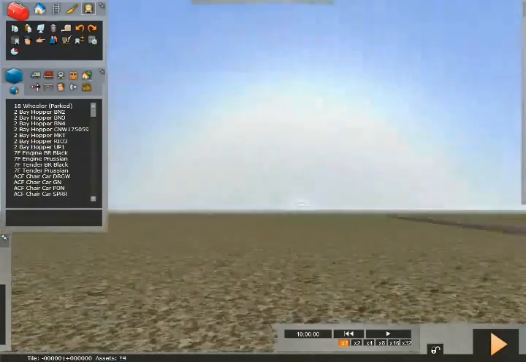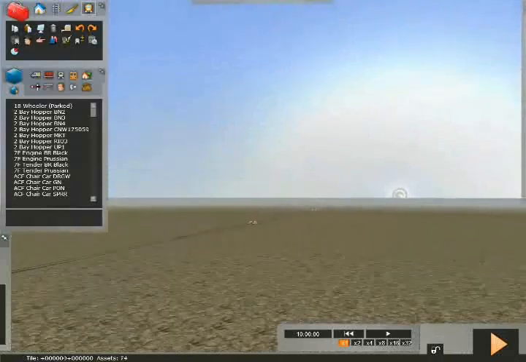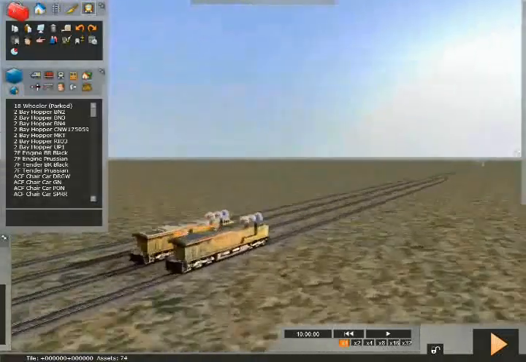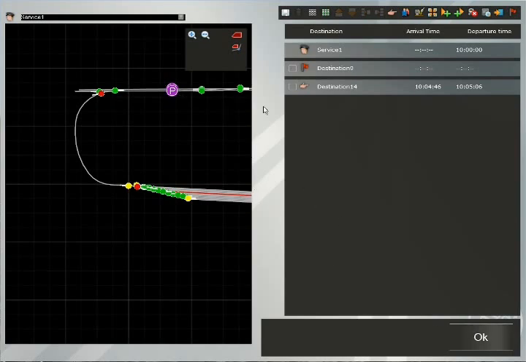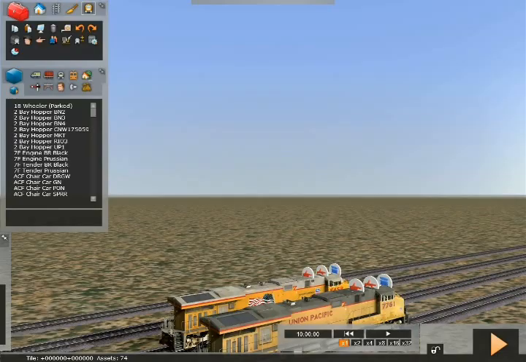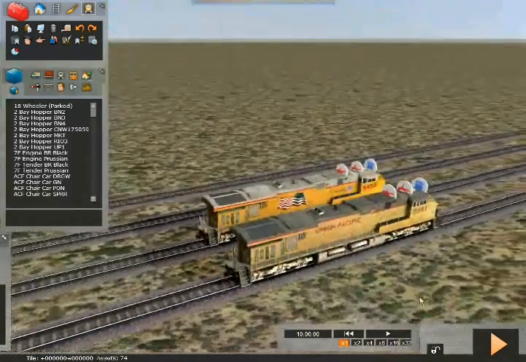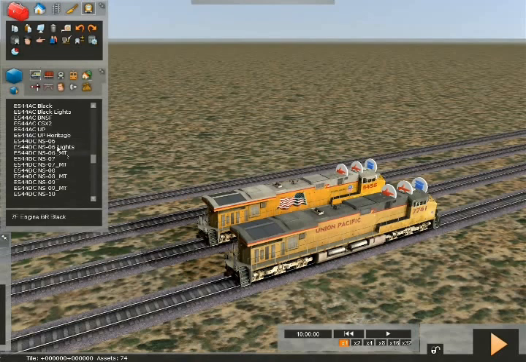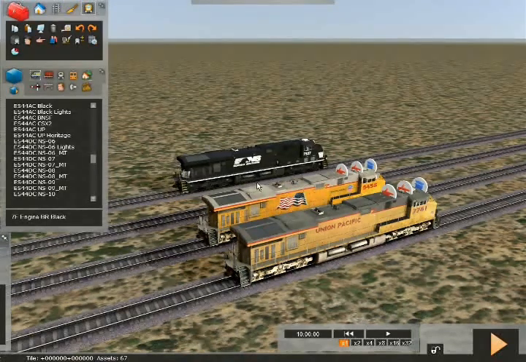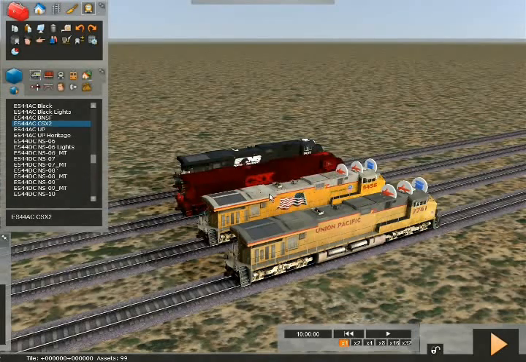So let's take a look now at our scenario. And as you can see, we no longer have the red X, so we are now good to go for both of our trains. So that's great. Let's up the ante and see if our theory of how to place signals is going to work here for us. So we're going to add a couple more engines in,